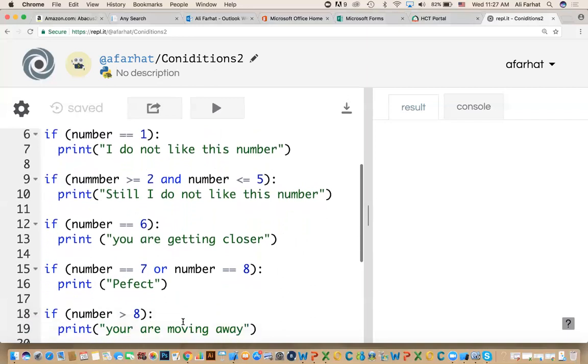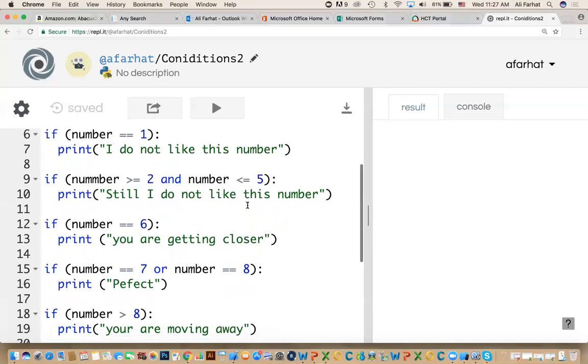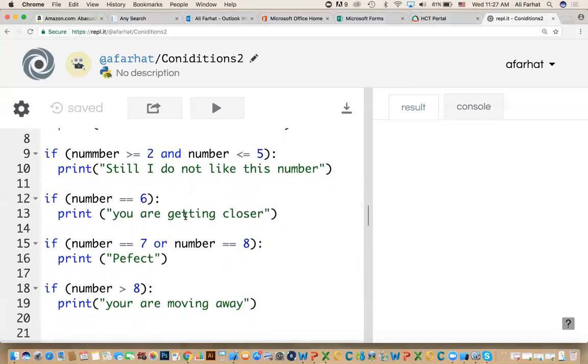So we'll go back with this. We say, if the user enters this, we do this. If the user enters a number between 2 and 5, we do this. If the user enters 6, we get this message. If the user enters 7 or 8, we get this, perfect. If they enter a number that is greater than 8, we say, you are moving too far. Now let's try it and see what happens. If I run this,